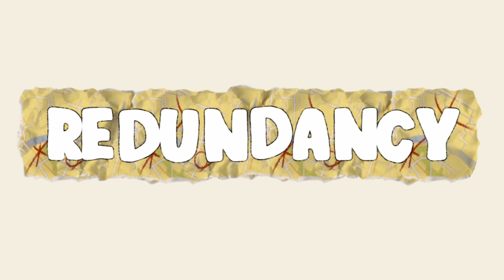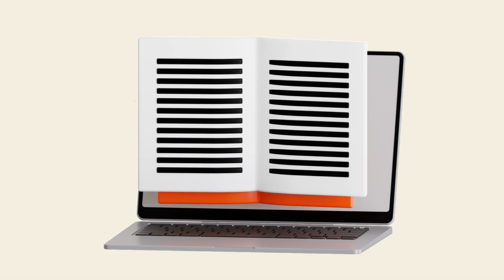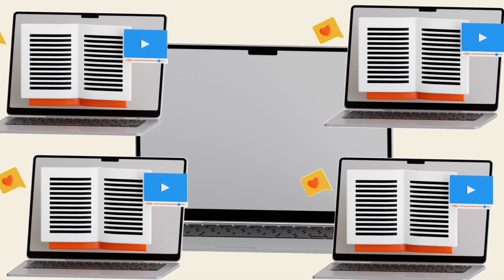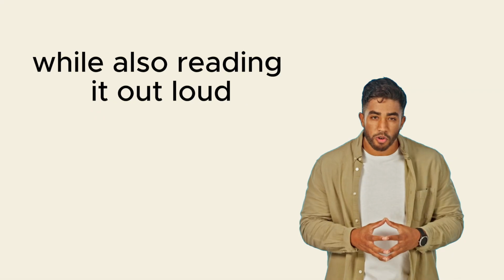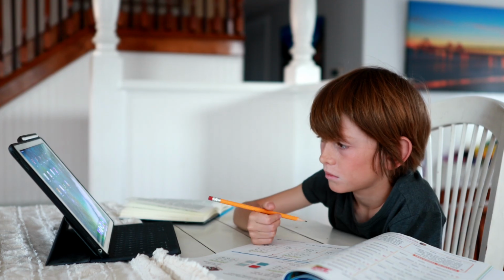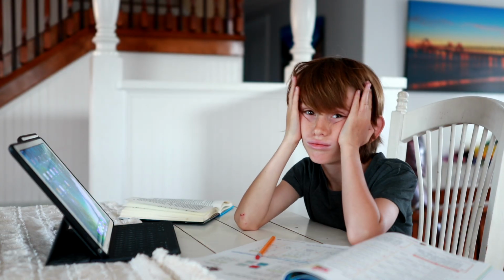The next principle is redundancy. This one catches a lot of people. Redundancy says don't present the same information in multiple ways at the same time. The classic mistake in design is putting your full script on the slide while also reading it out loud. Now the learner is doing 2 things at once, trying to read and listen. Both are